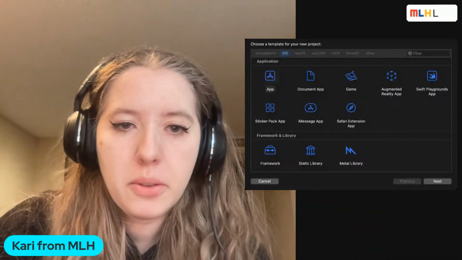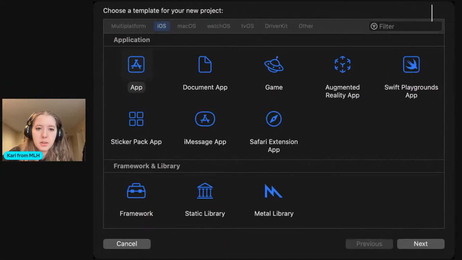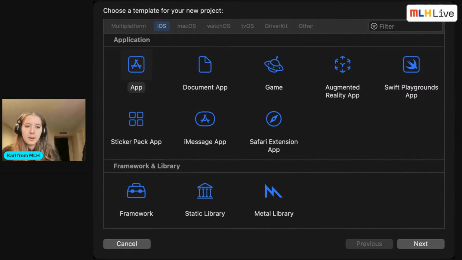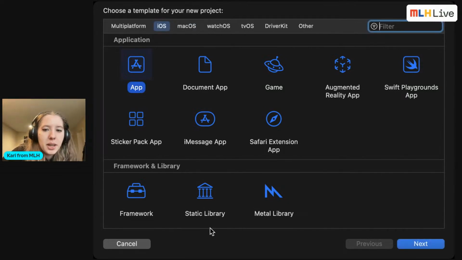That means we'll be working within Xcode, which is an integrated development environment, more commonly known as an IDE, made for developing with SwiftUI and Swift. Also, technically, Objective-C, you can use it for a wide variety of things,